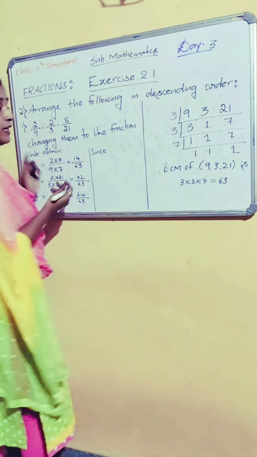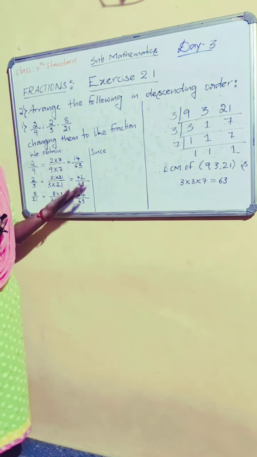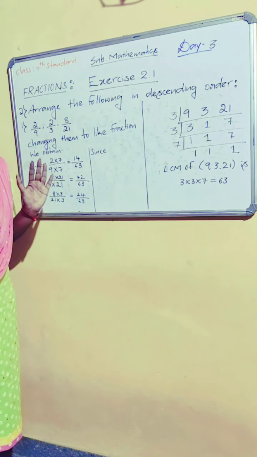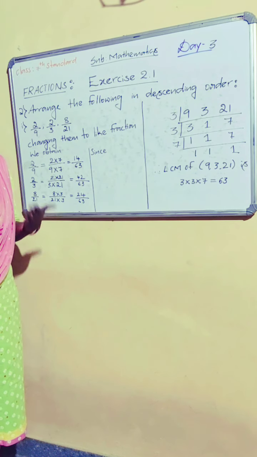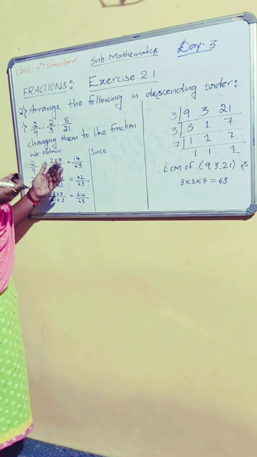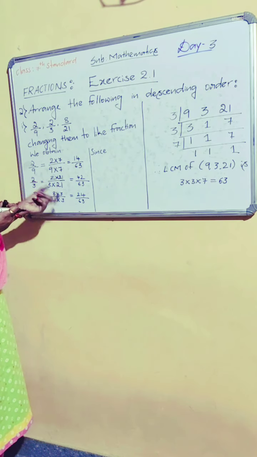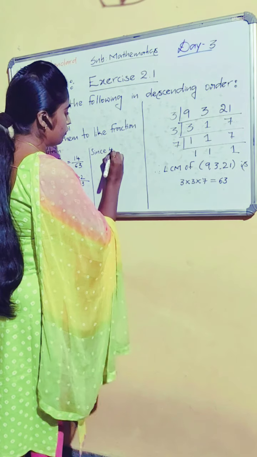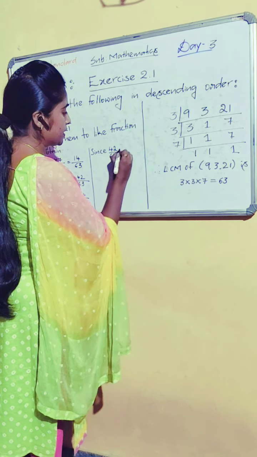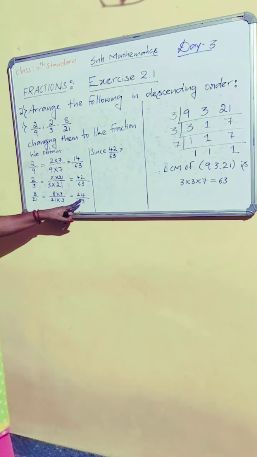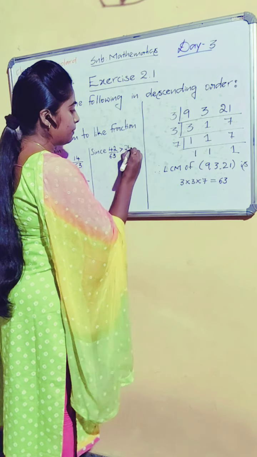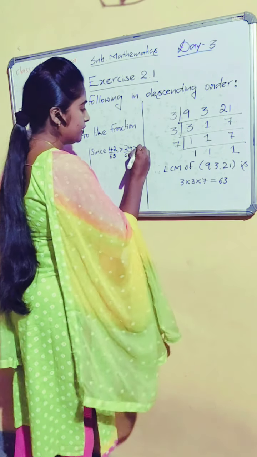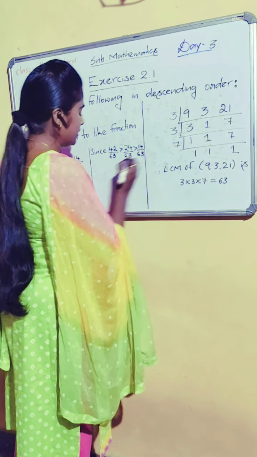Now we can directly check which number is the greater and which is the least. We no need to worry about the denominator. Anyways, we have like fractions, all the denominators are the same. We have to worry about the numerator. Here, which is the greater one? 42, isn't it? So 42 by 63 is greater than 24 by 63, which is greater than 14 by 63, isn't it?